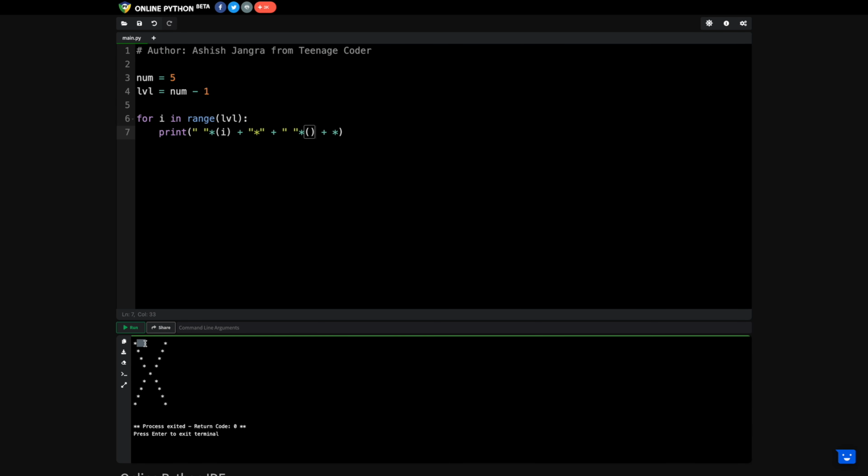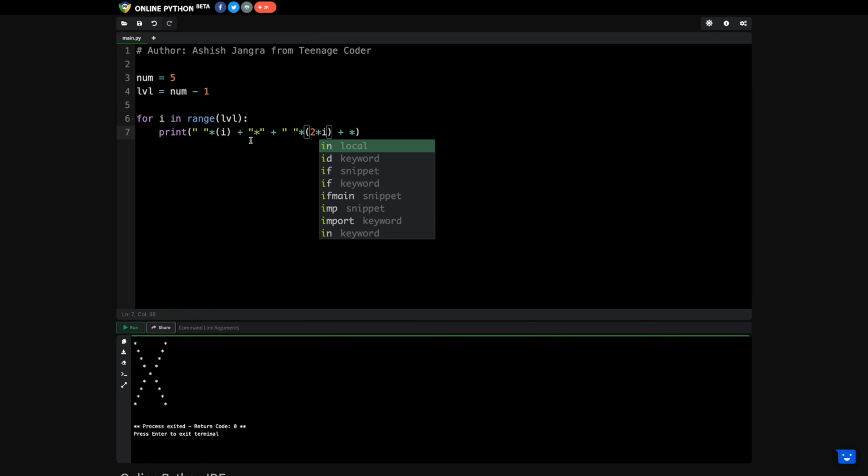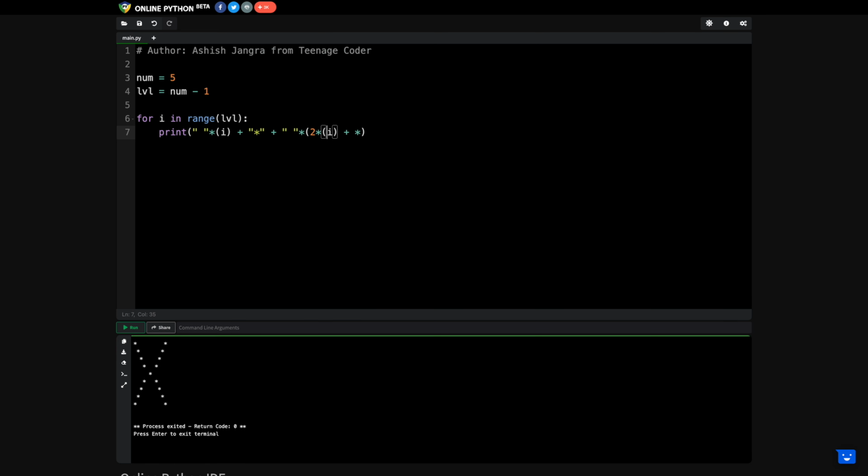Here, how many spaces do I need to add? 1 2 3 4 5 6 7 8 9. 9 spaces. 1 2 3 4 5 6 7. 7 spaces. 1 2 3 4 5 and 1 2 3. So I start from 9 and go down to 5. That means I'm using the same formula, 2 multiplied by i, I mean I am multiplying by, okay, I should write LVL minus i,